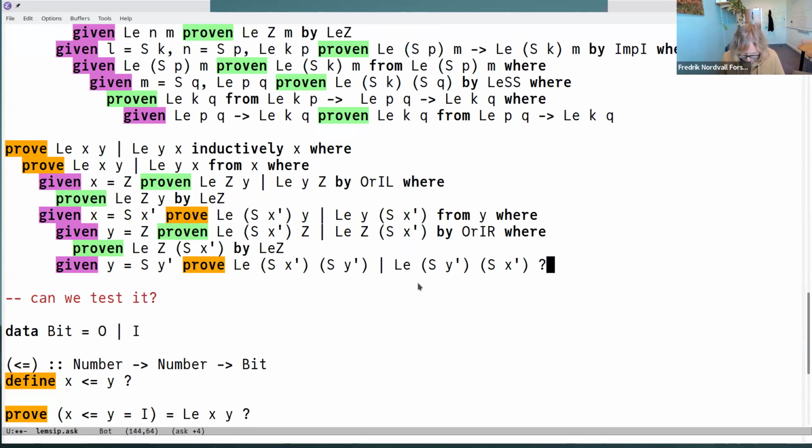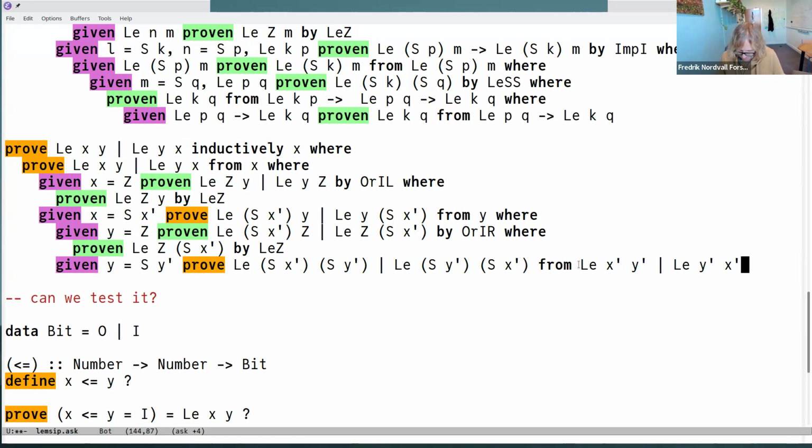And actually, this is a little bit annoying, right? In both cases, I now have successors. So in both cases, I should be able to just peel off the successors and do a recursive call. But I still don't know which case I'm in. I'm entitled to knowing this for smaller x because I did induction on x. So I should be able to do this from x prime, y prime. Prime all the things.